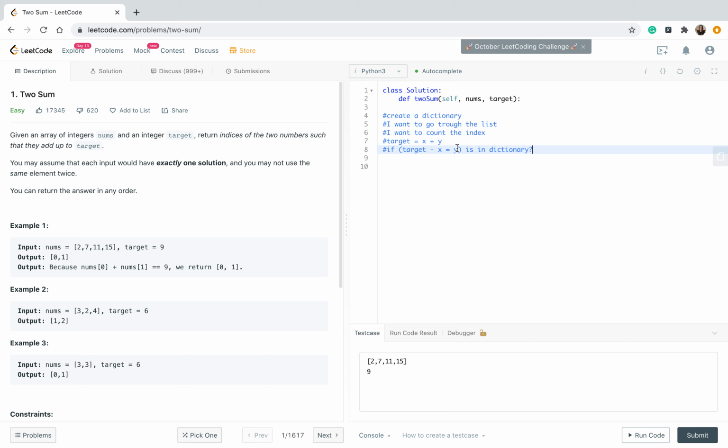If y is in dictionary, this is the math equation. I will just put it aside to make it less messy. This is our equation, and my next step is: is y in the dictionary? If yes,